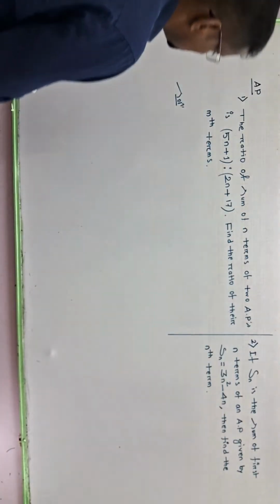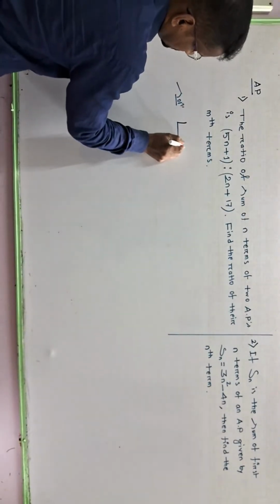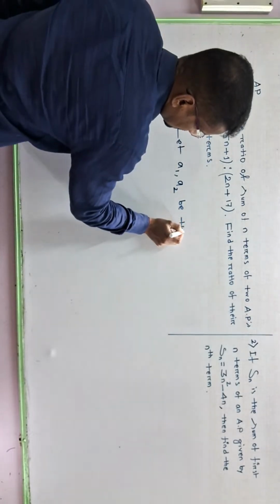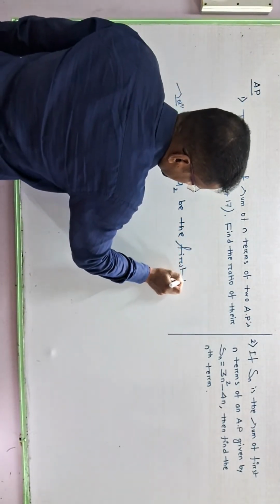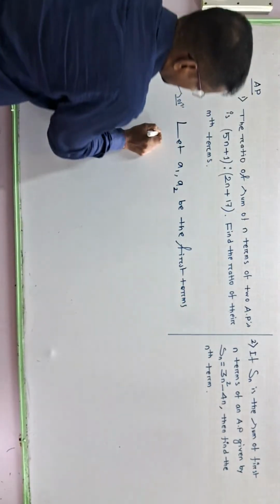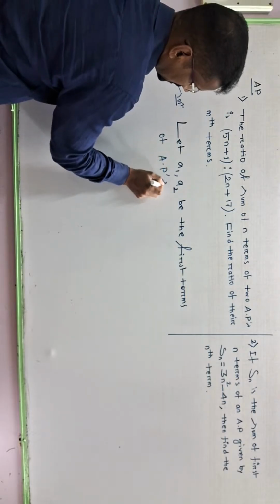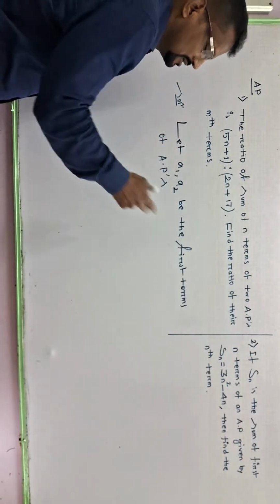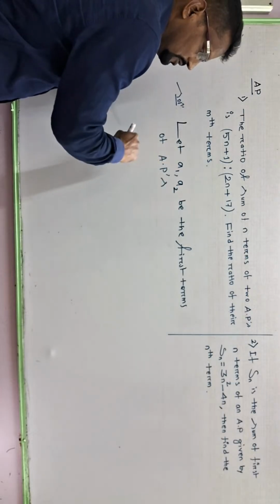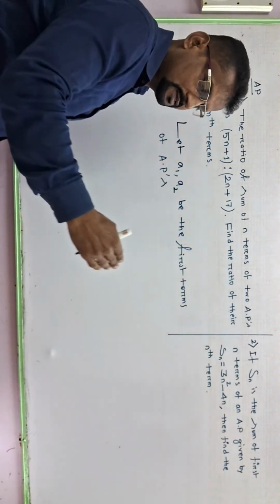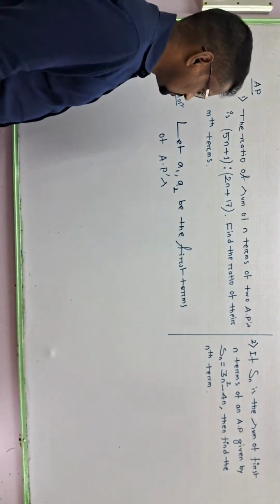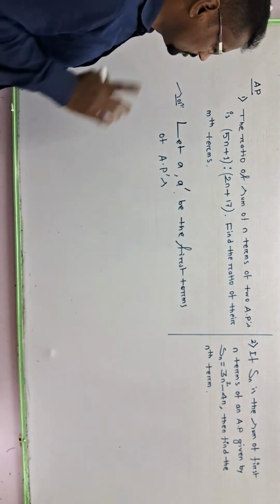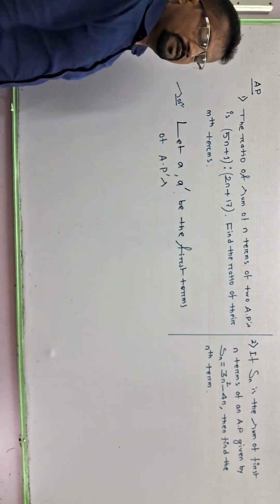So what you will do, at first let A1, A2 be the first terms of the APs, whatever APs they are talking about. দুটা AP কথা কৈছে, ফার্স্ট AP ফার্স্ট টার্ম A1 কৈ দিয়া বা A এড্রেস কলো চলিব, সেকেন্ড AP2 কারণে A2 কৈ দিয়া। A2 মানে সেকেন্ড টার্ম নহয়, সেকেন্ড AP এর ফার্স্ট টার্ম A2 রে রিপ্রেজেন্ট কৰিছে। যদি কনফিউজন হয় তো A1 A2 নকৈ A আৰু A এড্রেস কৈ দিয়া। তাৰমানে প্ৰথম AP ৰ ফার্স্ট টার্ম A, সেকেন্ড AP ৰ ফার্স্ট টার্ম A এড্রেস।